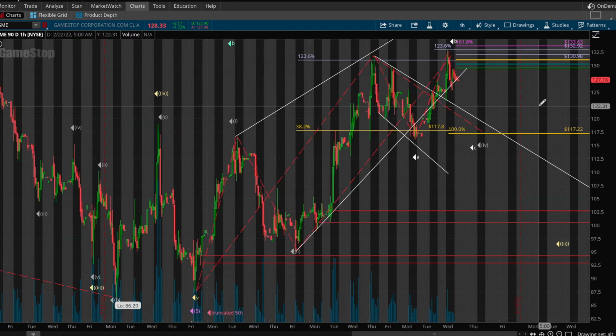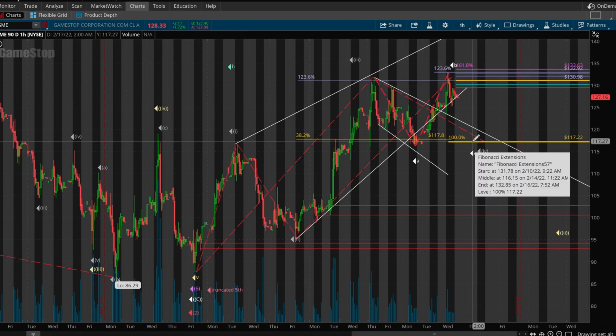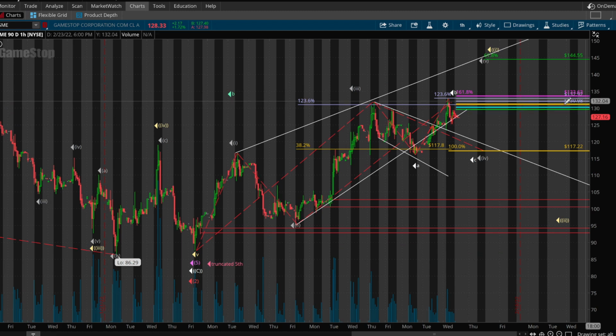But I think I've covered about everything. That should make sense. Is there anything else I need to go over? I think not. I think I covered it all. Well, with that being said, you guys know where I think it's coming if we come down, and if it rips up, I lean to the bearish. I lean coming down to 117 first before we start to rip up,